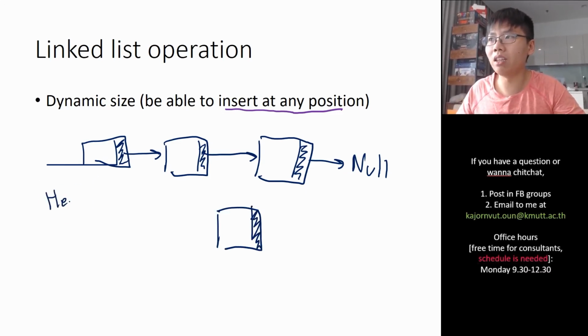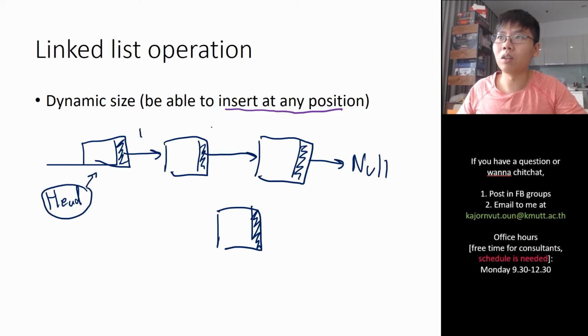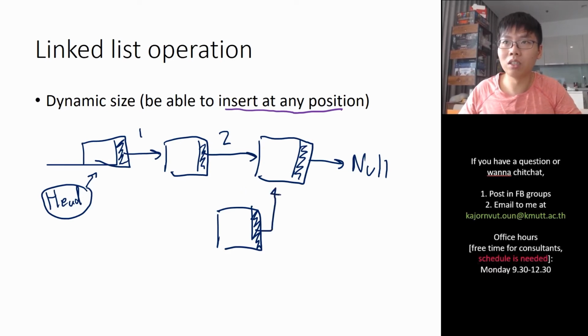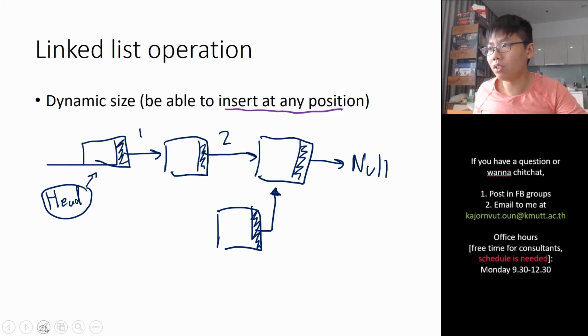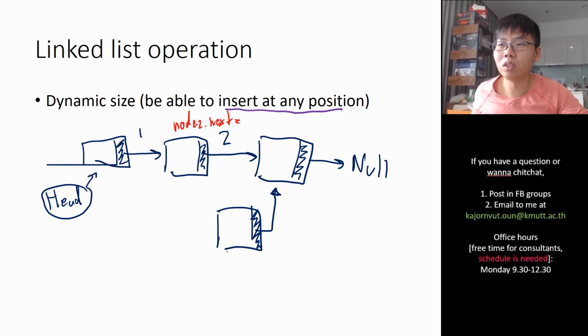You count from here, you start counting 1, 2. Okay, this is the point where you want to insert the new node. What you have to do first is point the new node to the next node first. Why? Because if we start by changing node 2 dot next to equal this new node,